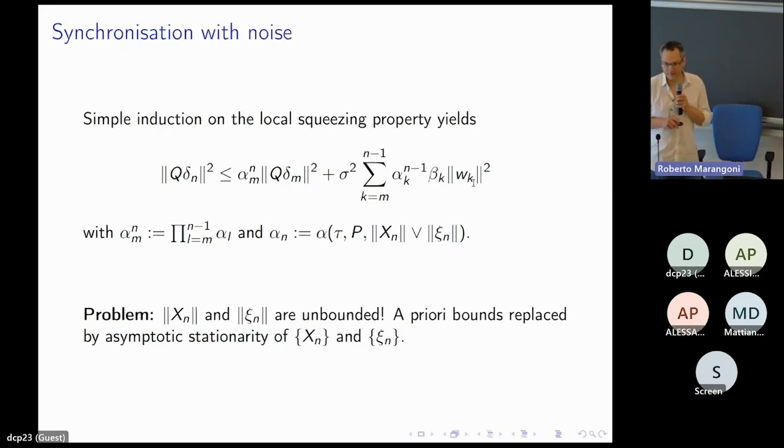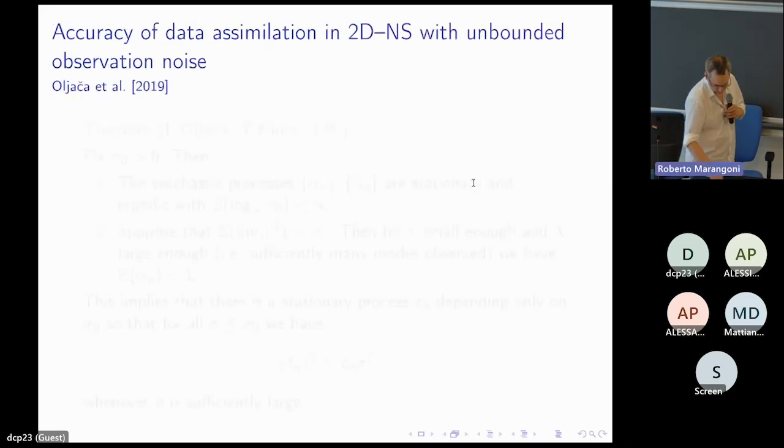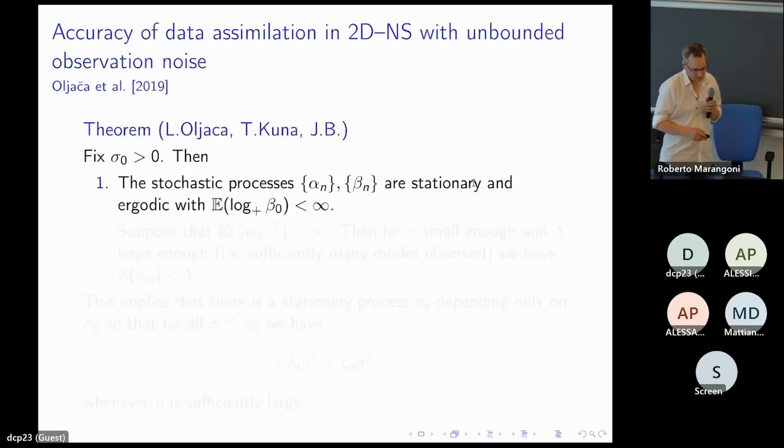It is enough if alpha is smaller than 1 on average, right? It will still lead to a contraction of this relationship. So basically, the only thing you have to establish is that alpha is smaller than 1 on average. And this will give you the following theorem